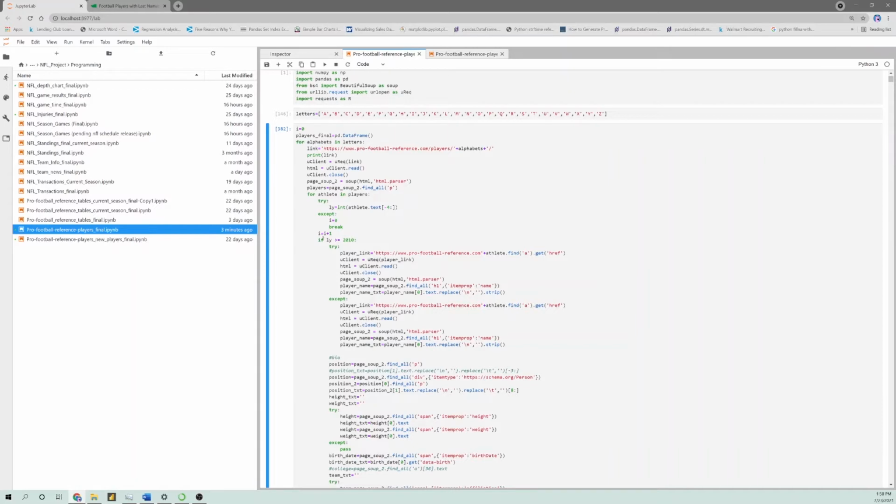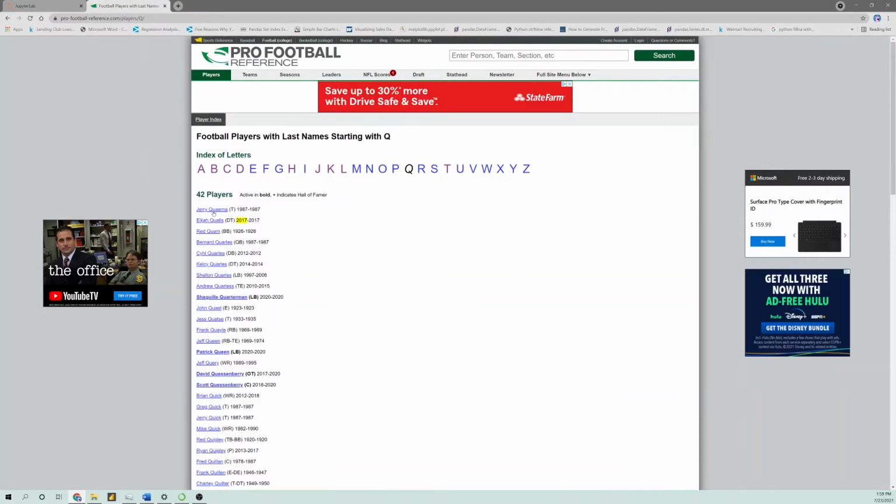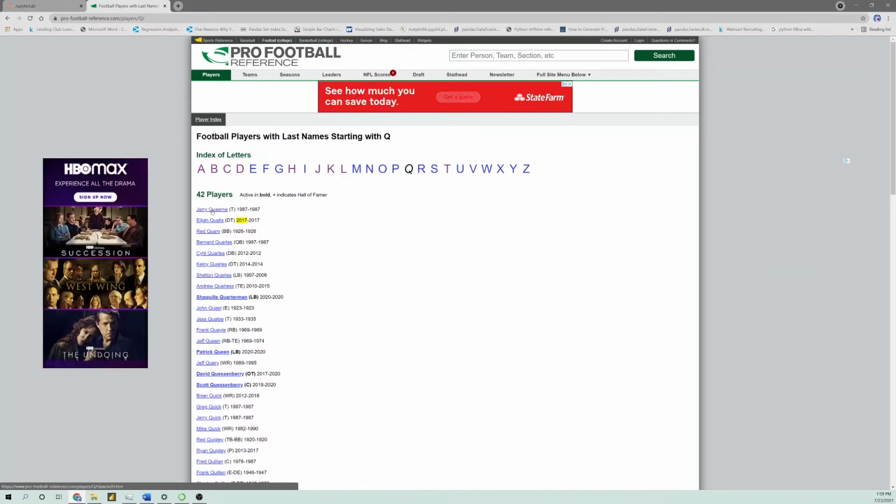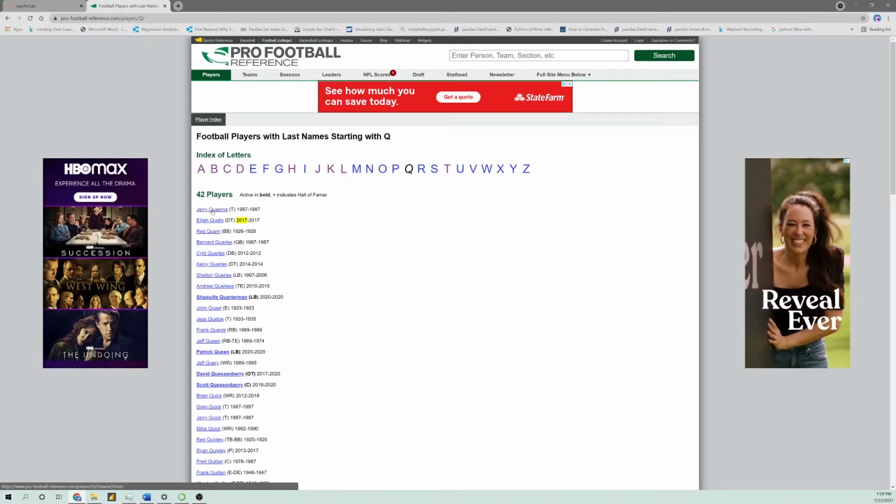Then I proceed to create another loop and say if the last year the player played is greater than or equal to 2010, we are going to perform these steps. So again, we create another try and except, and then from there, we are going to get the player link. Now on this website, you can inspect here, and when you inspect, you can find a link to the player